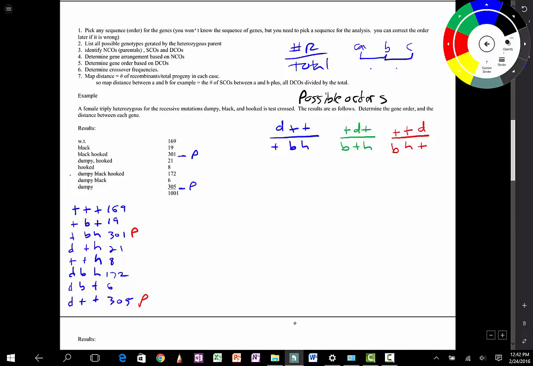And we know those are just all the three possibilities, but the one thing we do know is that D's on by itself on one side of the line and B and H are together on the other side of the line. That's important. Every cross will be different, so this is where you have to do a bunch of different examples. And the only way to figure out which is on which side of the line is to look at the parentals, and that'll tell you which ones started out together. Now we want to find which one is